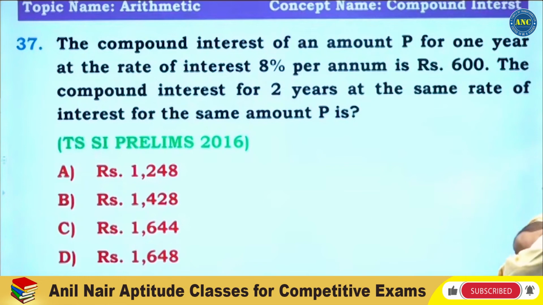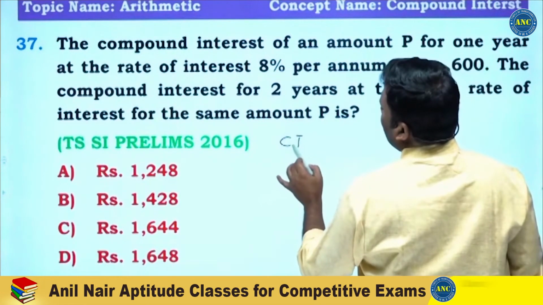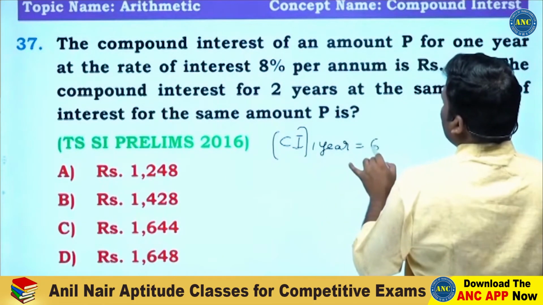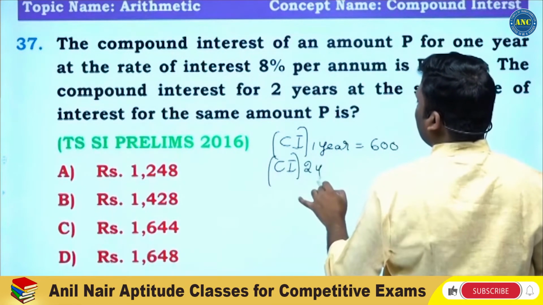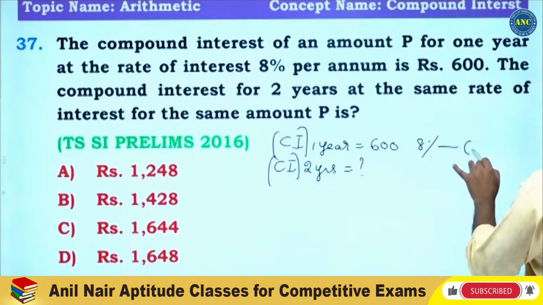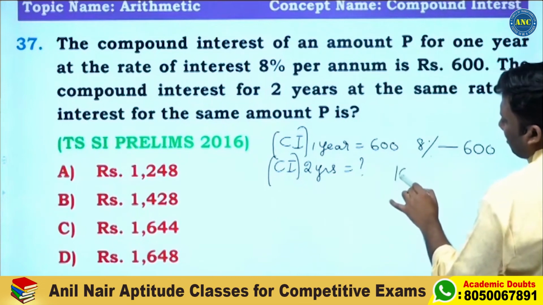37th question. The compound interest of an amount for 1 year at a rate of interest of 8 percentage is 600. What is the compound interest for 2 years at the same rate? For 1 year, the rate of interest is 8%, which gives you 600. For 2 years it will become